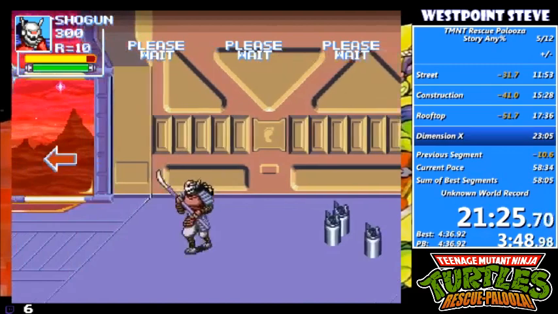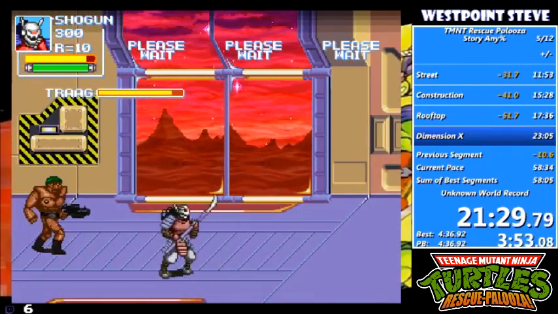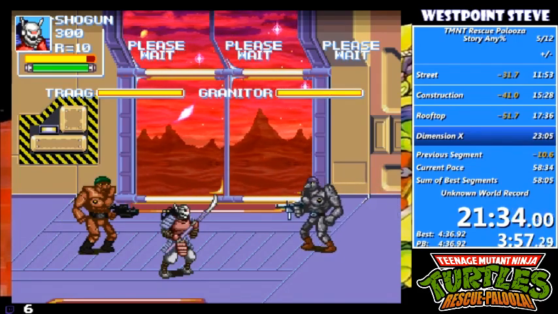This is really the strat that I figured out for it. You just go up and down. You wait for it to spray, and then boom, done. All right, here we go. So we got Trog